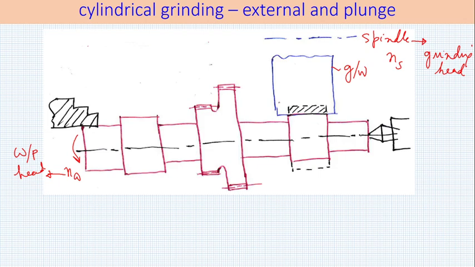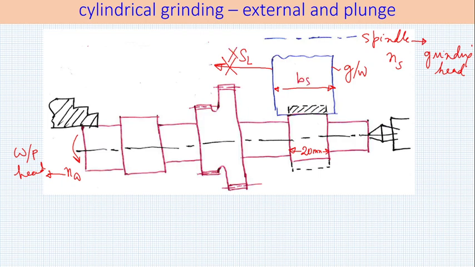Now here we cannot move in this direction and grind all the surfaces, and the bearing location is small. Maybe the bearing location is 20 millimeter or so. So if I have a wider wheel, I can finish this bearing location without giving a cross feed. There is no SL required.